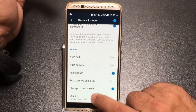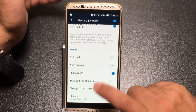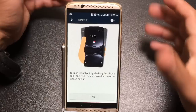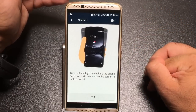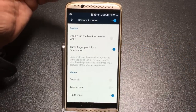Shake it to turn on the flashlight. Love, love, love this one, but you've got to really be careful because if you shake your phone a lot, the flashlight's going to turn on. But once again, with this feature, all you're going to do is just shake your phone left and right, and it's going to turn on the flashlight. Now keep in mind that I'm going to show you in a couple of seconds where you can find the toggle to enable the flashlight as well. But for me, from a gesture perspective, these are some of the gestures that I thought you'd benefit from